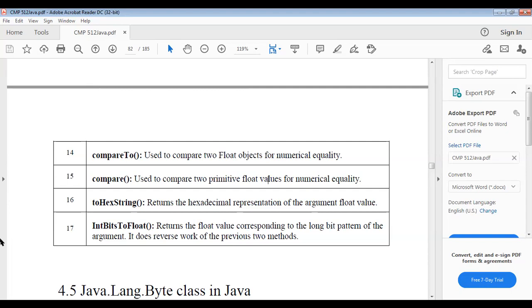Next we can see intBitsToFloat. It returns the float value corresponding to the given bit pattern of the argument. It does not work in reverse of the previous two methods.